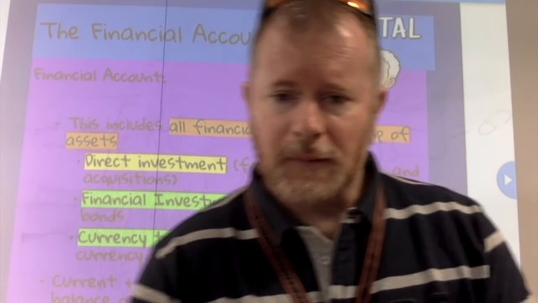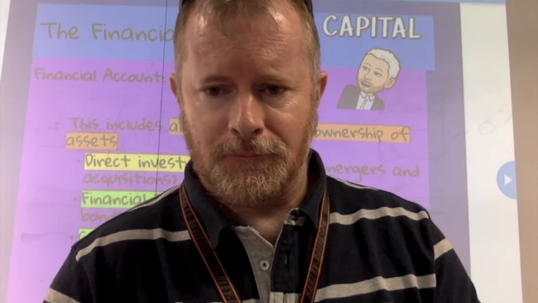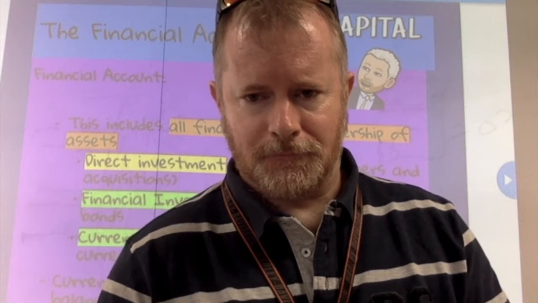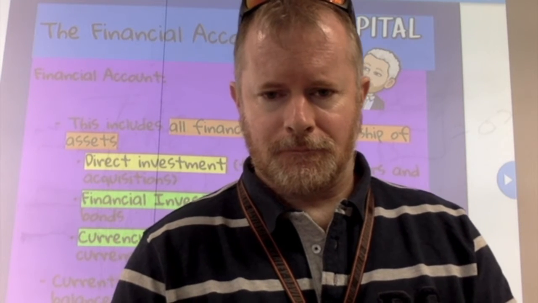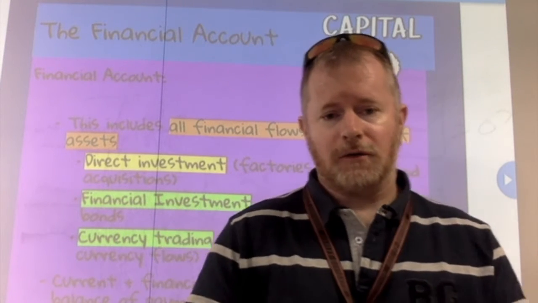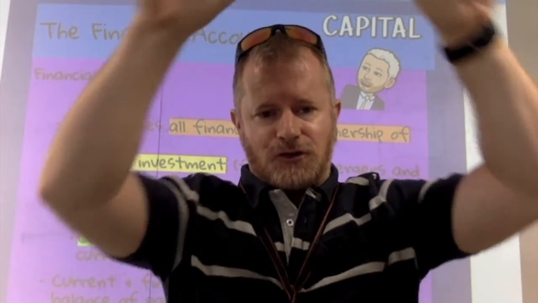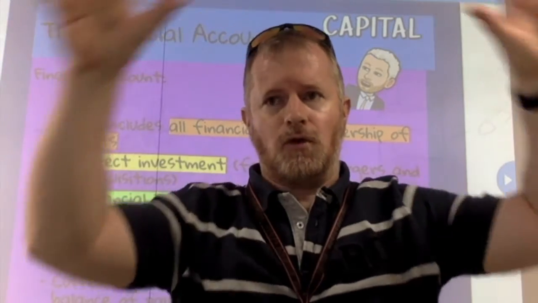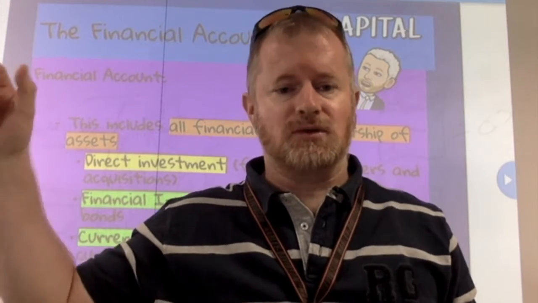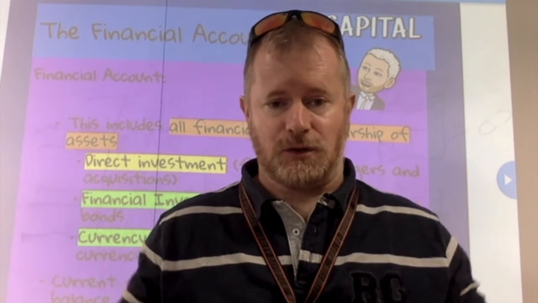David, hello? Just to check, so if the current account and the financial account, one has to be positive and one has to be negative. Yes. Okay. All right, thank you. Because the overall structure, remember that tree idea, the overall balance of payments equals zero, and it has to.